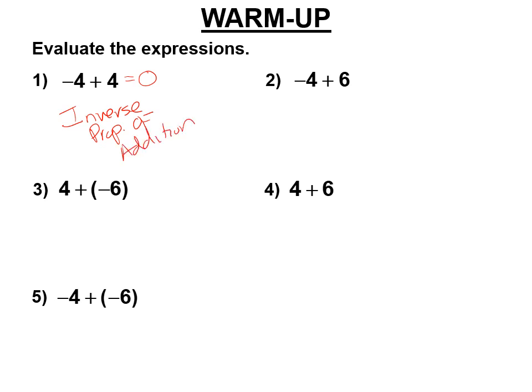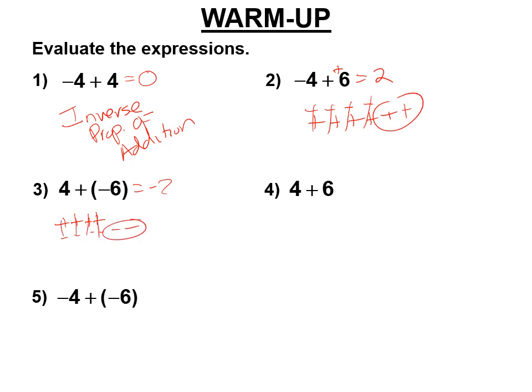-4 plus 6, therefore, is +2. Right? If you're still struggling, you have 4 negatives and 6 positives. This is plus +6. We don't write that positive symbol. And so it is +2. 4 plus -6, therefore, is -2, right? Because it's 4 positives and 6 negatives. So there's 2 extra negatives. Now,